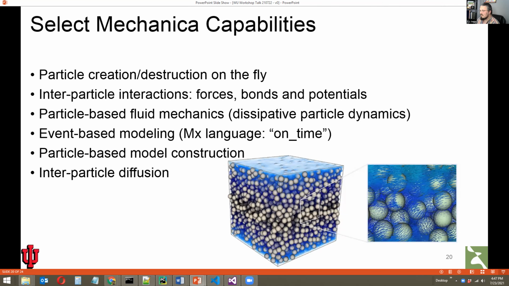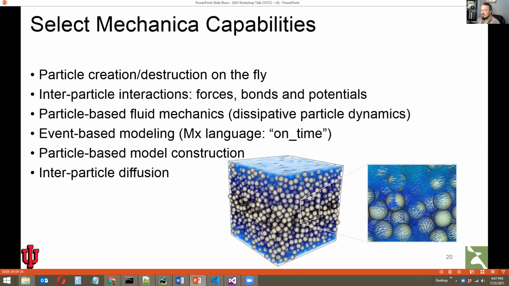Now, Mechanica can already do quite a lot. Mechanica is quite unique in a lot of ways in that it can do a lot of things for a particle-based simulator. Again, Mechanica is written in both C++ and Python.